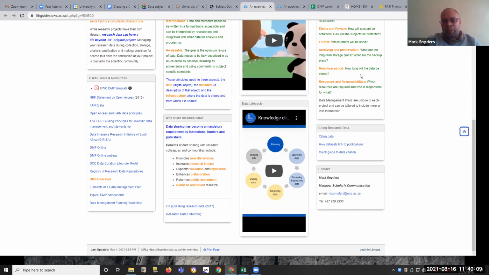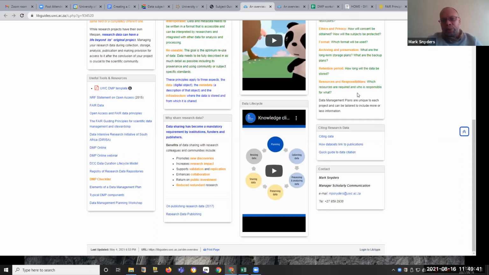In terms of the retention period, you need to indicate how long data will be stored. As I said earlier, the standard period is 5 years before the data needs to be destroyed. As far as the research data is concerned, there are some concerns about the period for which data needs to be stored, but this is something that remains under discussion. And for now, as far as retention is concerned, the basic period is 5 years.